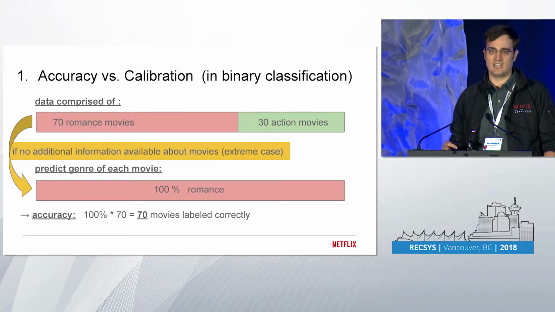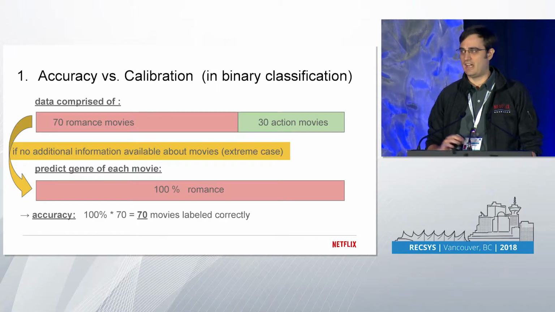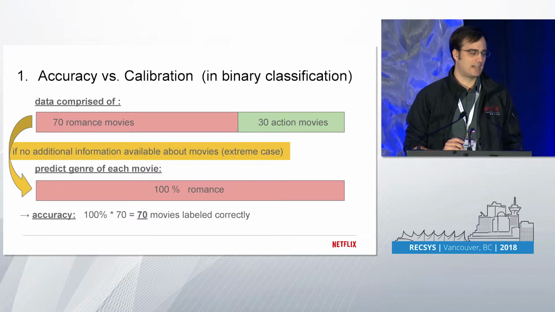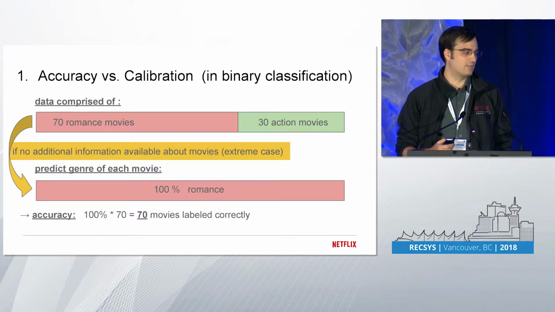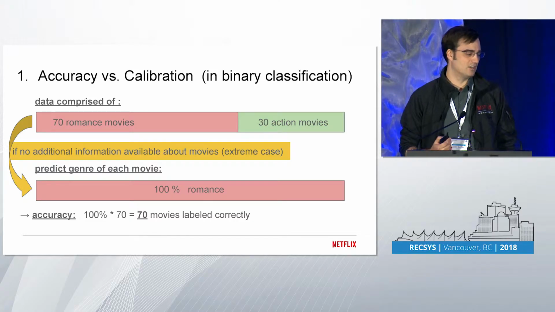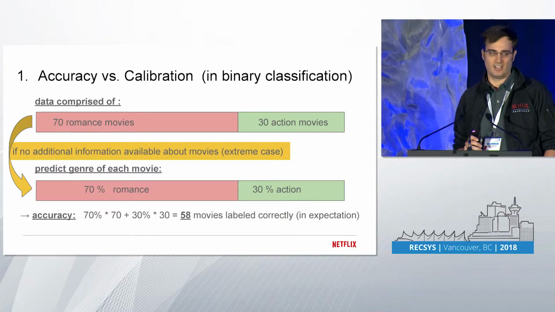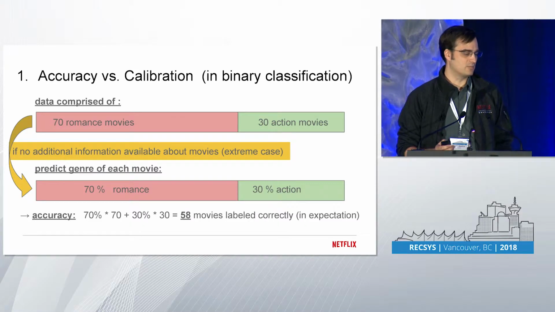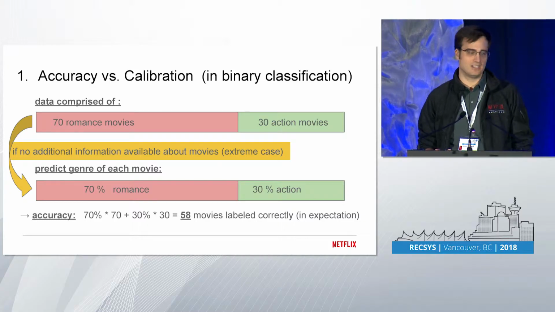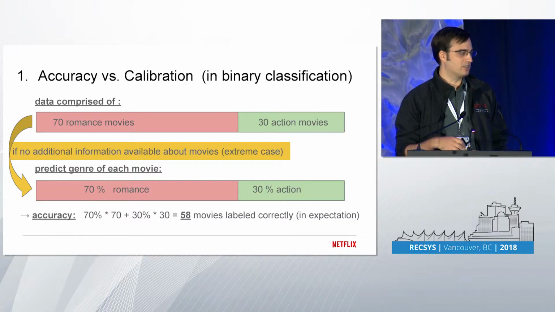So in the most basic case, you can think of just having a binary classification problem where you have no features. And again, you have this user where you've observed this distribution of interests in the past. And if you know nothing about the items you're recommending, to maximize your accuracy, you would end up just recommending all romance movies. So you get about an accuracy of 70% in that case. If instead you did some kind of sampling in this problem and you tried to match the interest distribution, you'd actually have a lower accuracy by doing the sampling. So this isn't just a property of a really reductive situation like this binary classification.